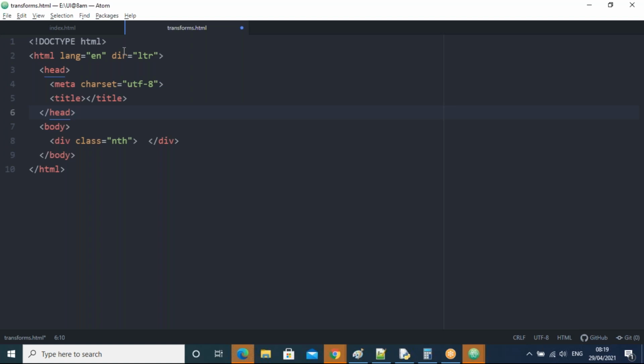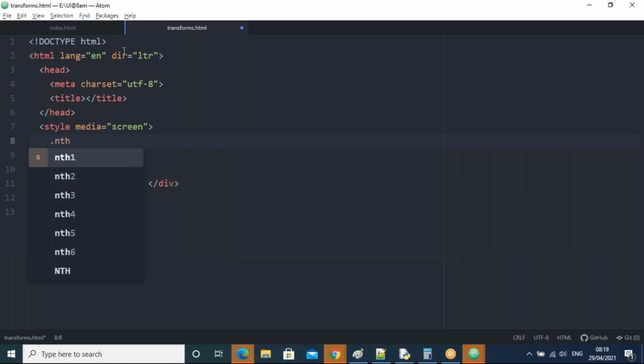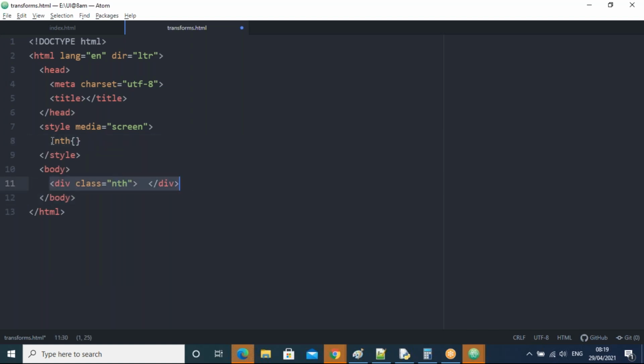I will style for dot NTH, right? Or else, we have only one division, so without this class name also we can apply the styles by using a div tag, because only one division is there here.